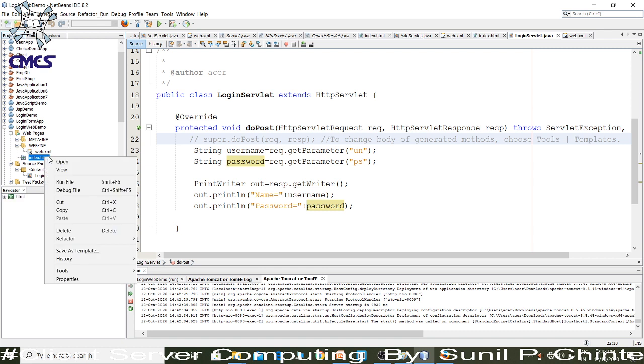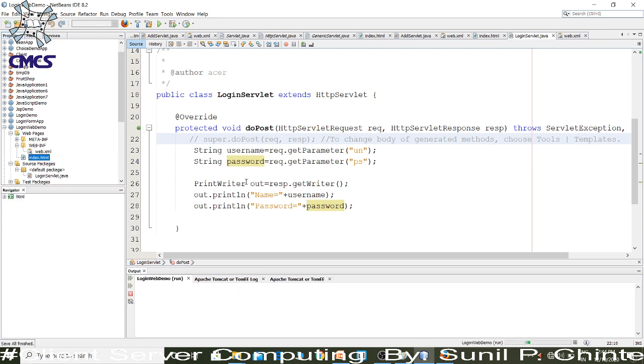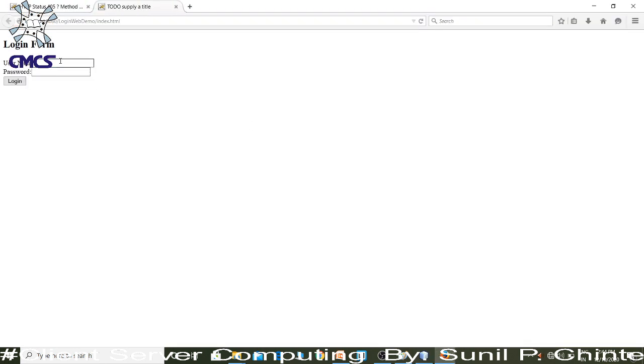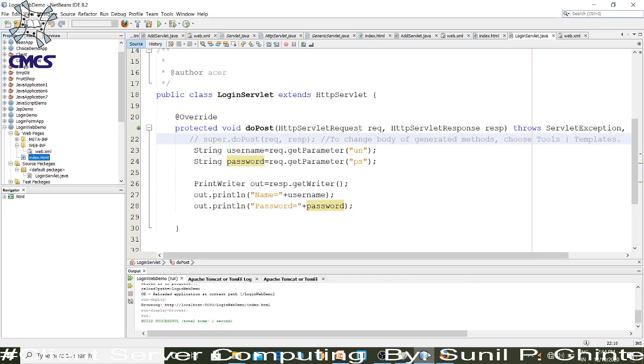Once again we will run the HTML file. Okay, so this is the output. This is the output by using the servlet, and we are getting the response.